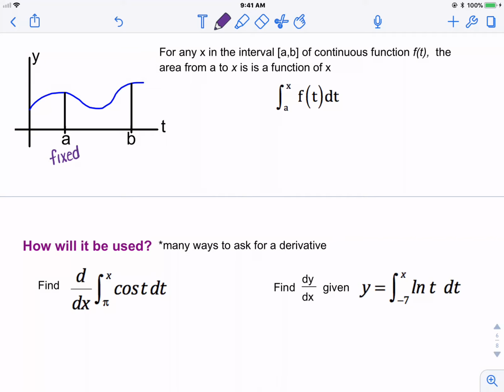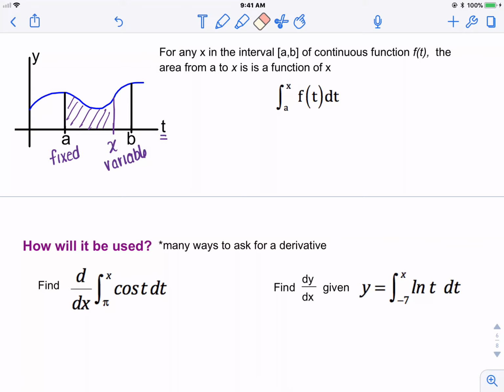And then I'm somewhere in between this interval A and B where I know it's continuous. I'm going to pick a location that can change, that variable location in there. And if I were to do the integral between A and x, the area between the curve and the x-axis here would start to be dependent on no longer the t variable that this graph is defined in, okay, f of t being my integrand over here, but that area is really going to start to be dependent on x,